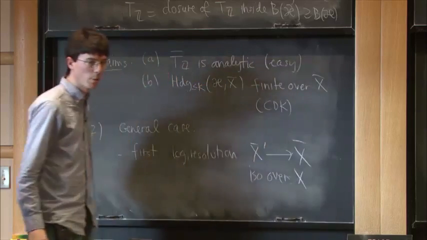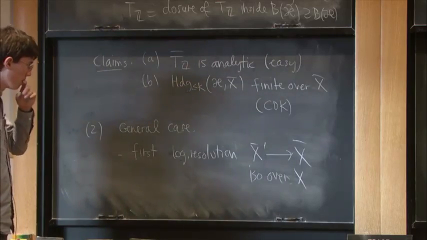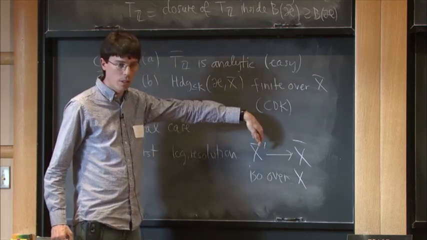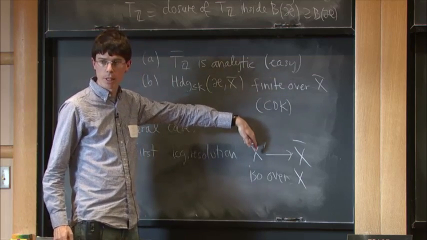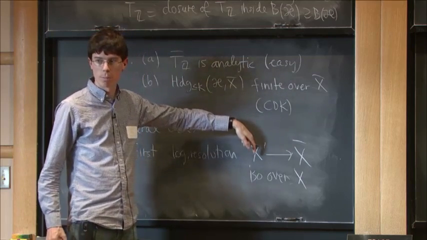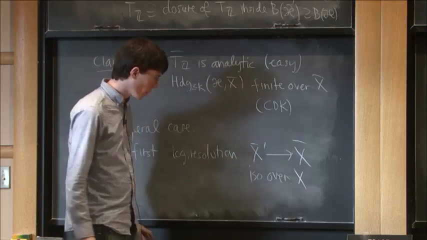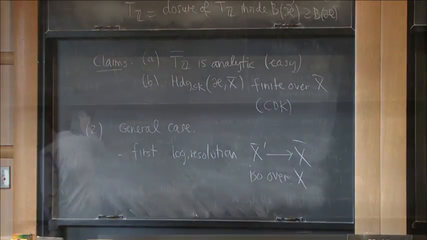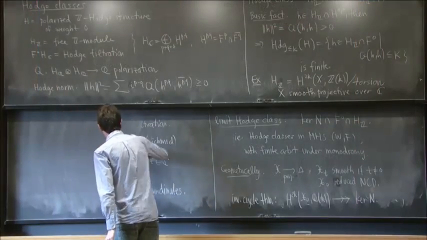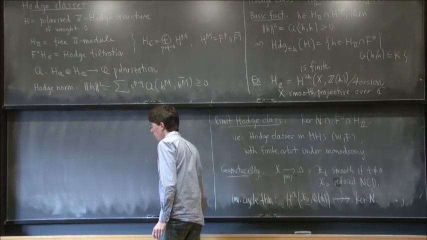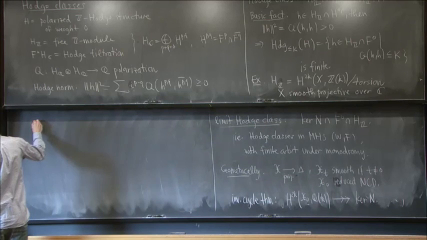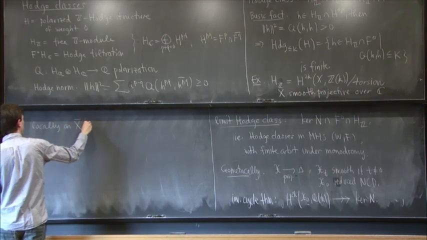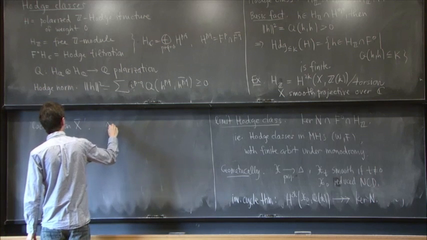Which is an isomorphism over X. So then if I do this, it will make the local monodromy quasi-unipotent, but not necessarily unipotent. So then locally on X bar prime, it's going to look like